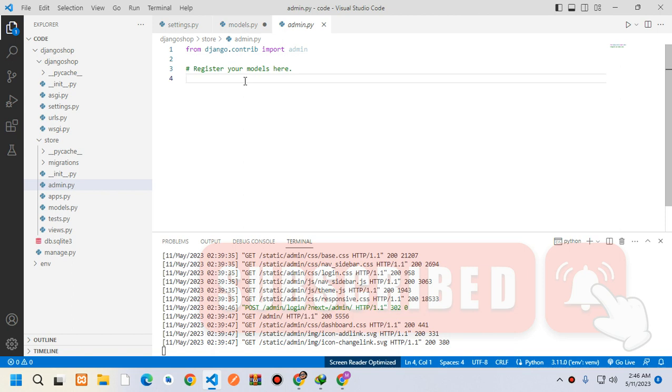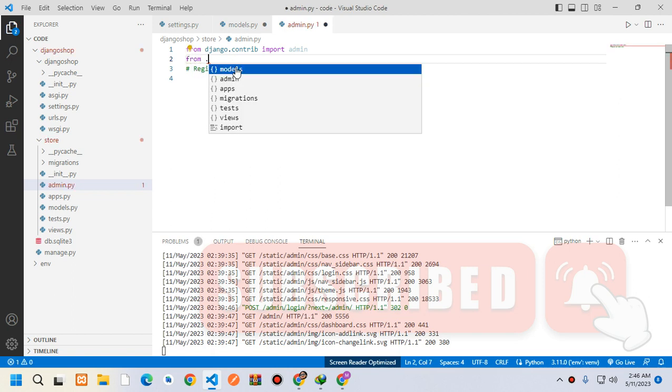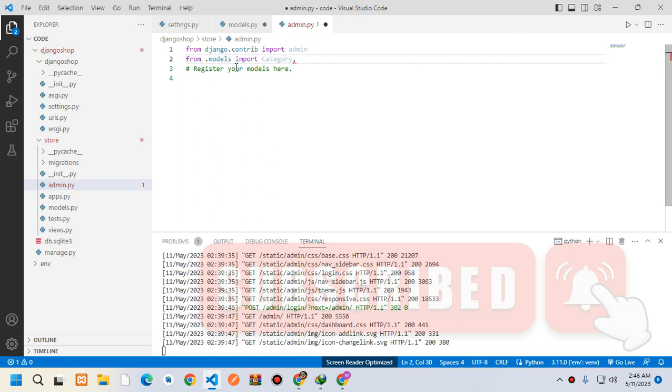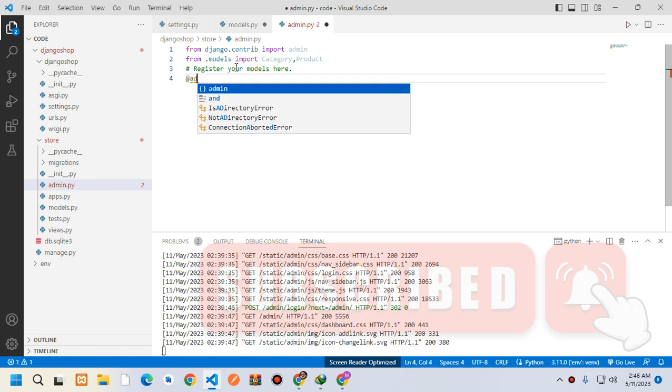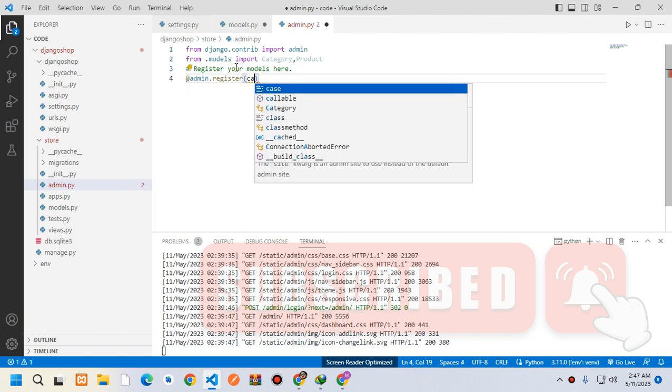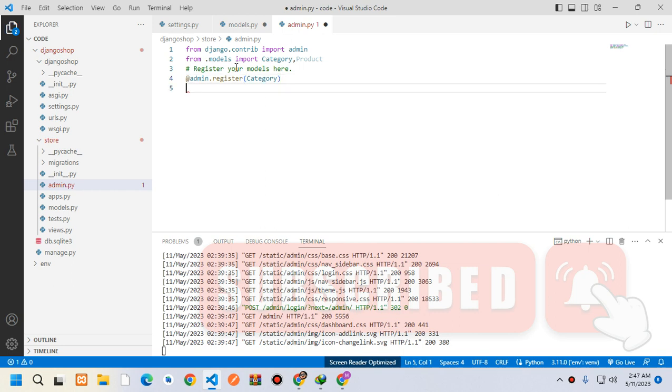Okay, so the admin, go to the admin and just import from .models our Category and the Product. So type admin.site.register, Category,